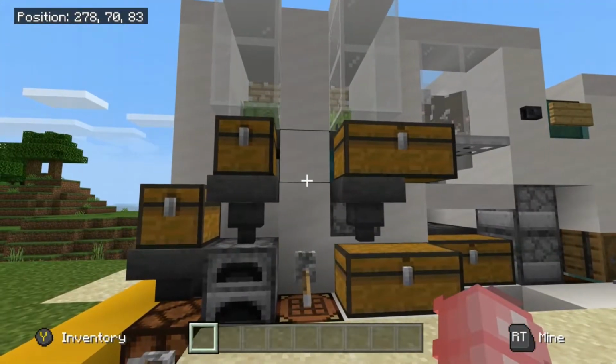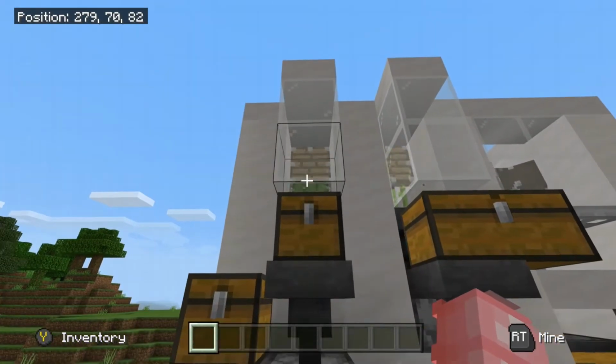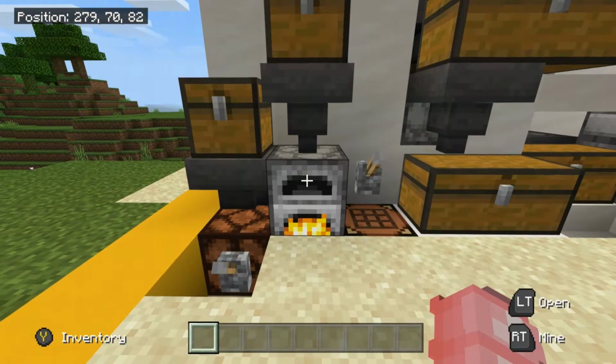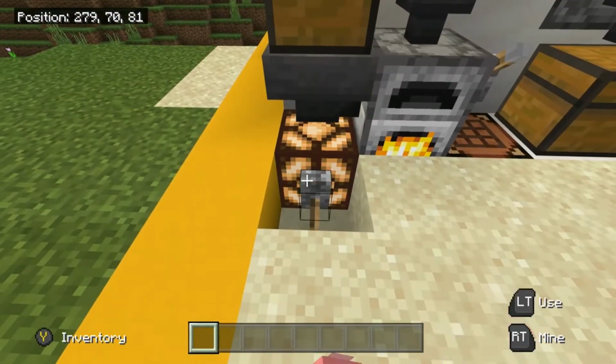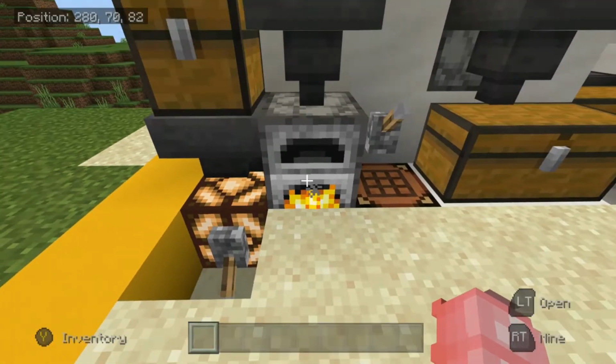So down this end, we have a 0-tick cactus farm. This produces cactus at a crazy rate. It comes down into the furnace. We have a double chest underneath here. Once your cactus is cooking, you flick this button to lock the hopper off underneath, so the cactus will stay